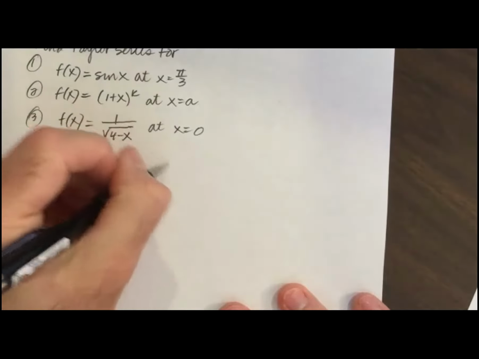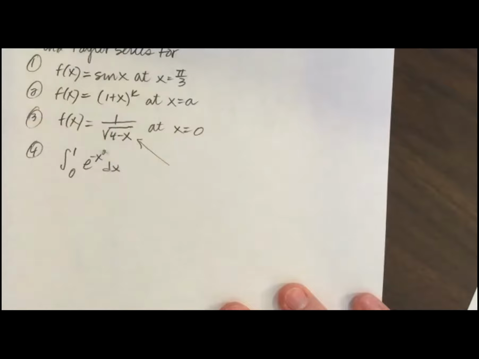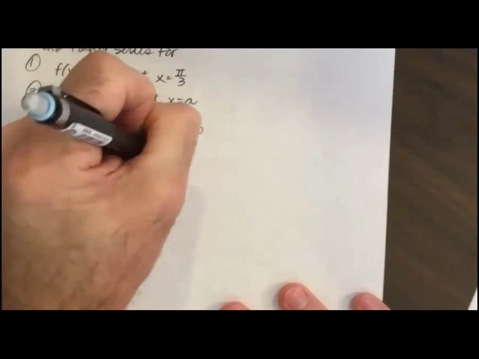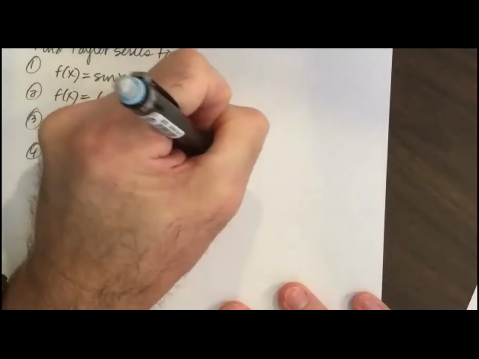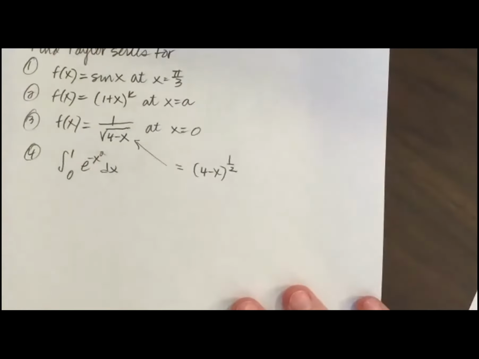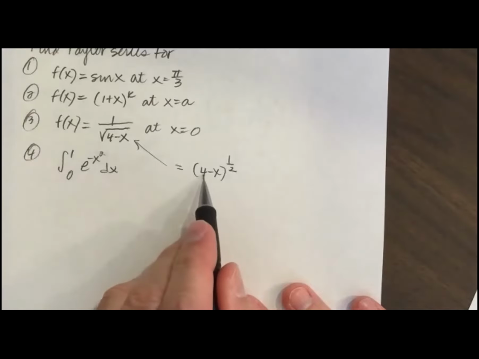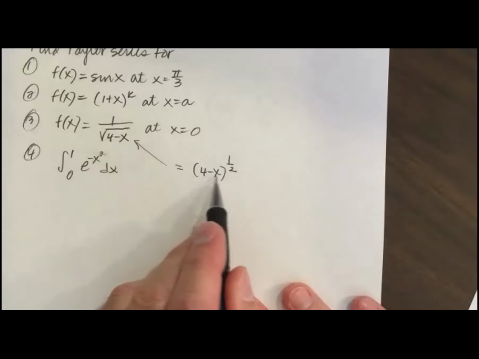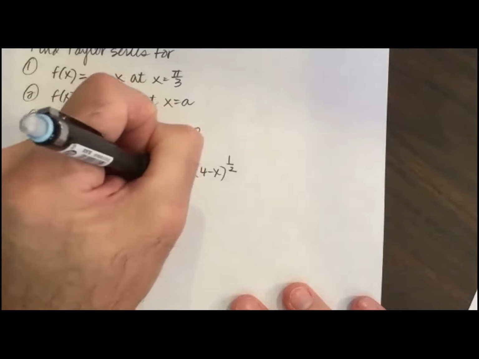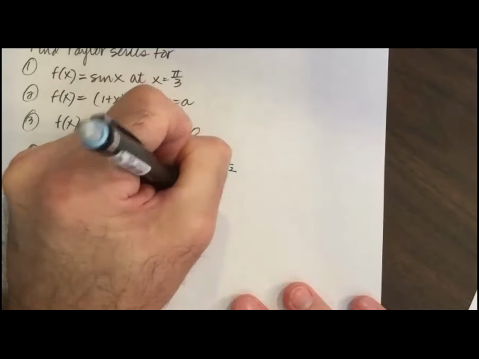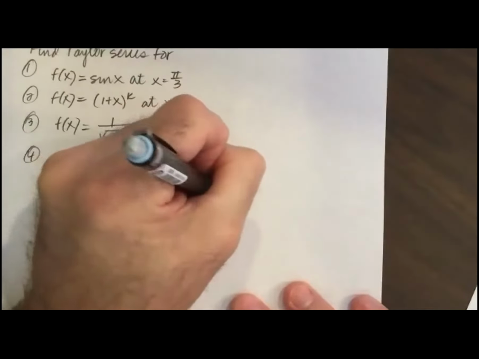So check this out. How do I get this one? Well, isn't that just equal to 4 minus x to the half power? That's looking a lot like 1 plus x to the k, where k is a half. But I don't like this 4. It's supposed to be 1 plus x. So I need to factor a 4 out. Right? So pull out a 4. So how do I pull out a 4? I pull out a 4 out of that by making it